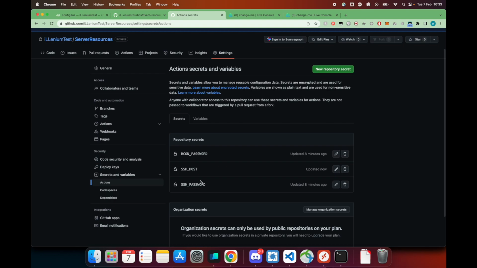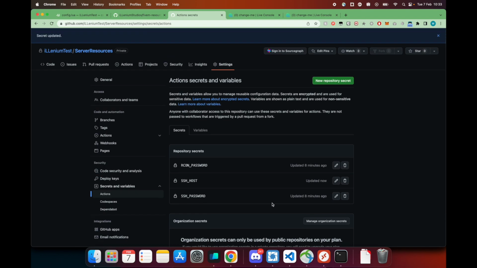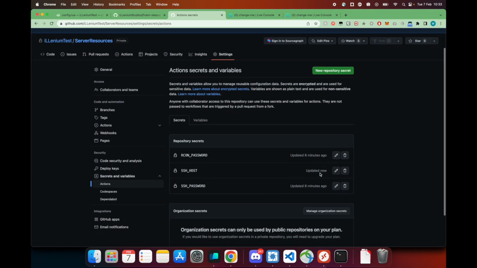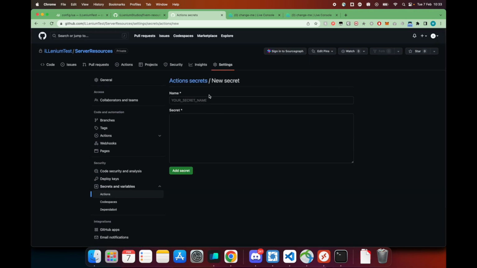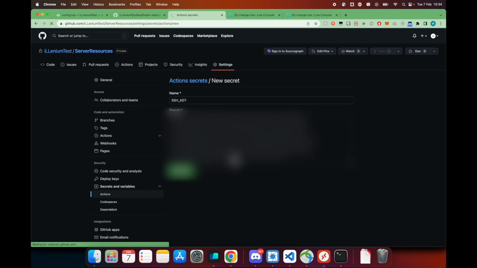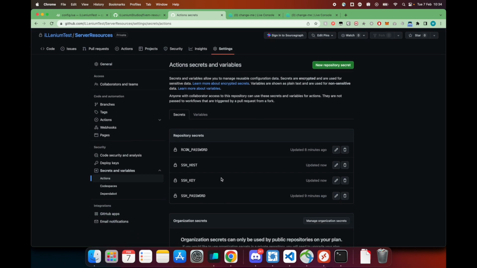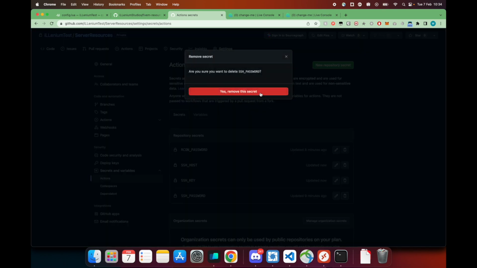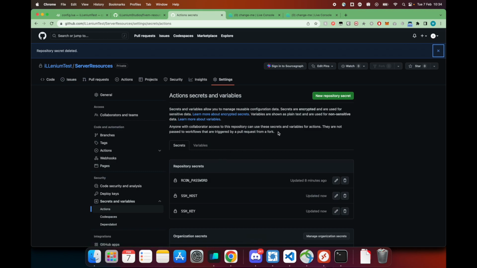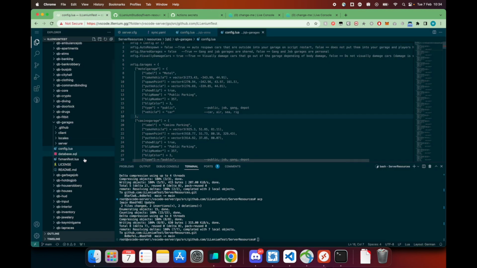And then in this case, I'll show an example where I'm logging in through an SSH key instead of the password. If you're using a password, it's fine. You could just update this password and you should be good to go. But in case you're using an SSH key, you need to add SSH key in here and paste in the SSH key. So yeah, I just added an SSH key. I'll remove the password. I'll say yes. And then I will come back